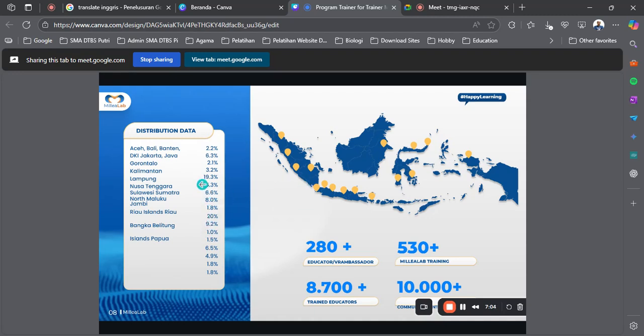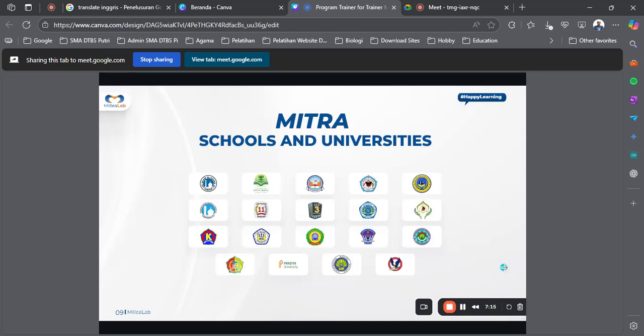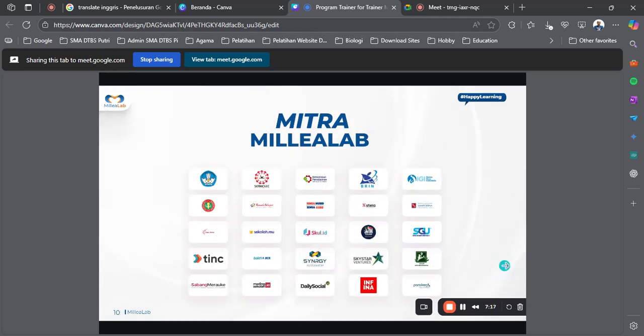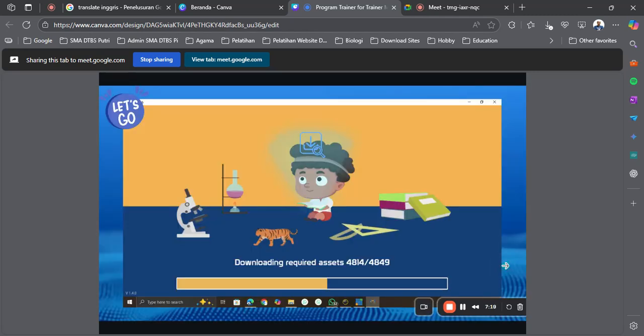Yes, Bandar Lampung. By attending this session, maybe we can maximize the virtual reality in our classes. Okay, that's interesting.